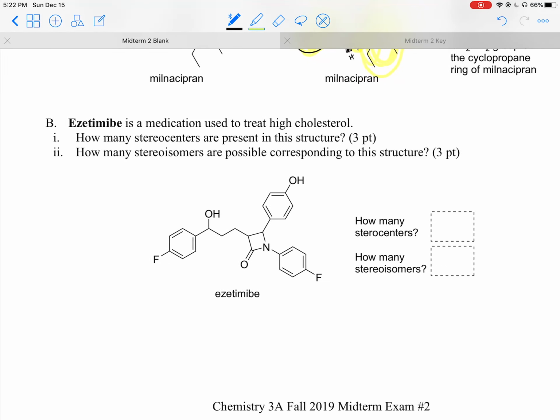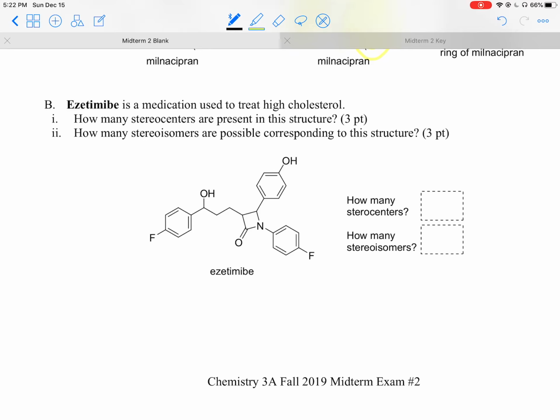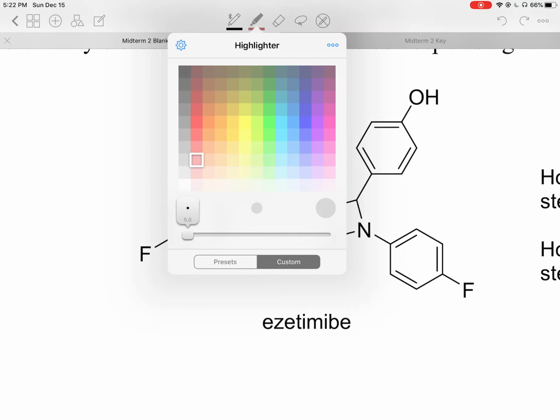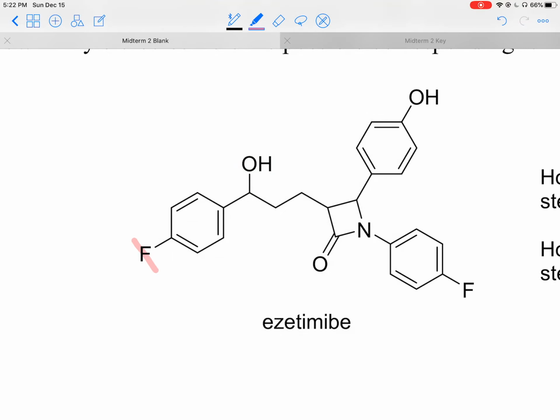So then the last question of this midterm is asking you to find how many stereocenters are present in this structure. So we're looking for atoms that are attached to 4 different groups. And so let's just go through each atom. It's not going to be this fluorine. It's only attached to, let's just do a red highlighter. It's not going to be this fluorine. It's attached to only one other atom. It can't be any of the carbons in the aromatic ring because they're making less than 4 different bonds. If you're making pi bonds, you can't be a